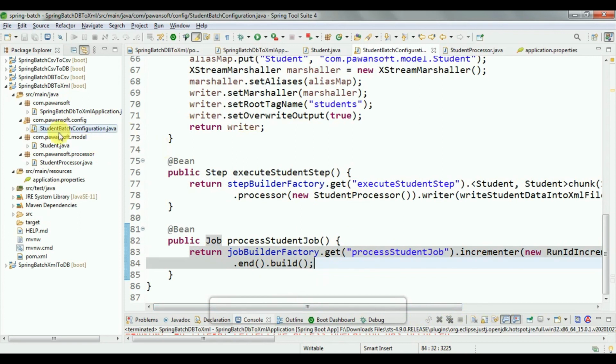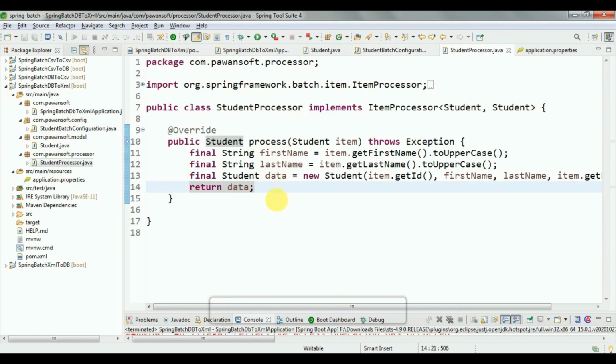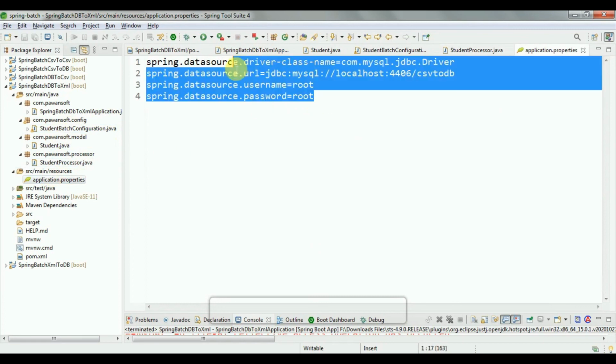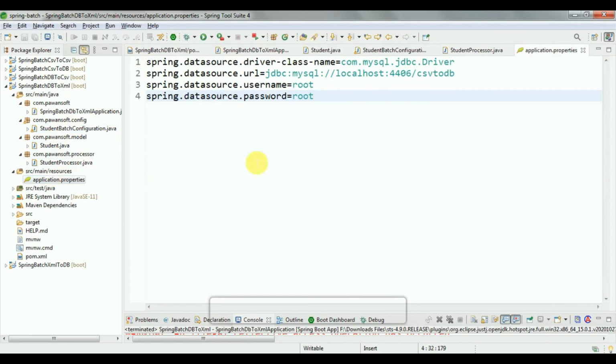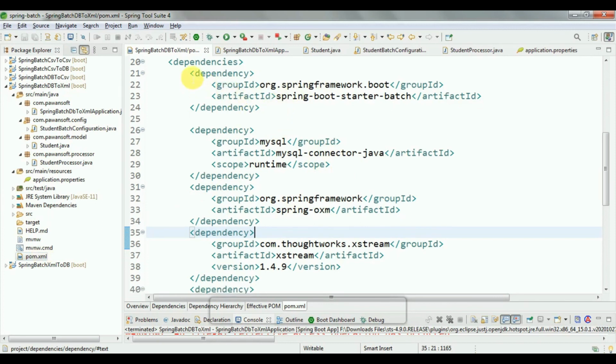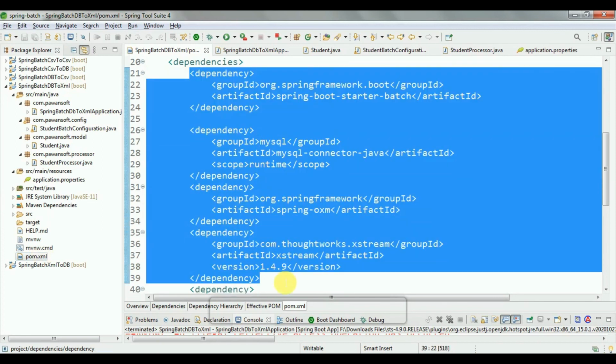And then this is the processor. Inside the processor you write your own logic, and then application.properties. In application.properties declare this database related property, and in pom.xml declare this for dependency.